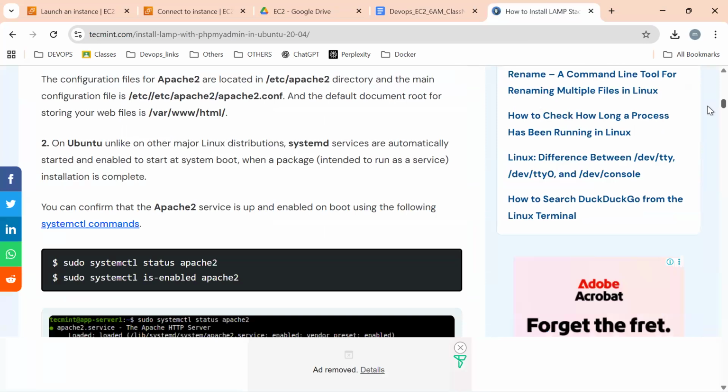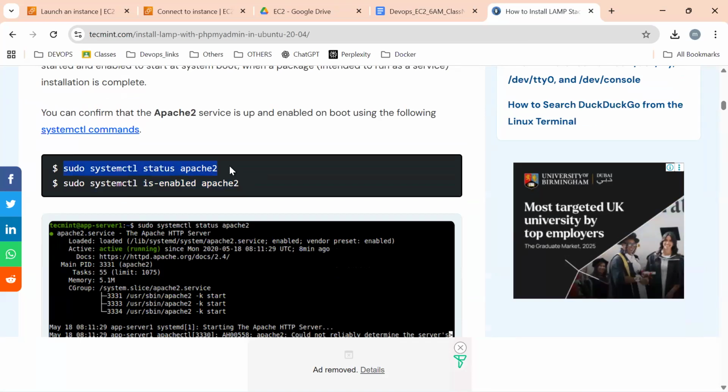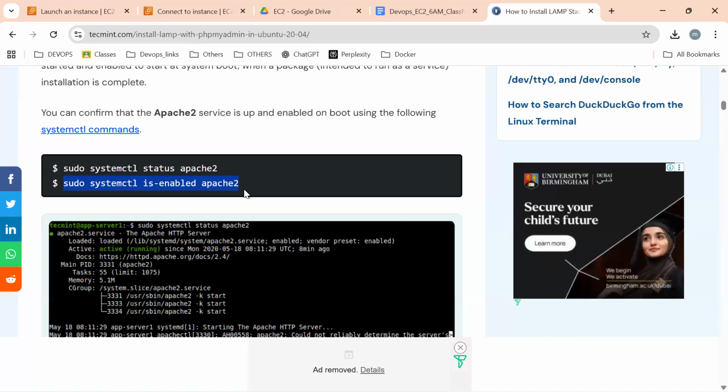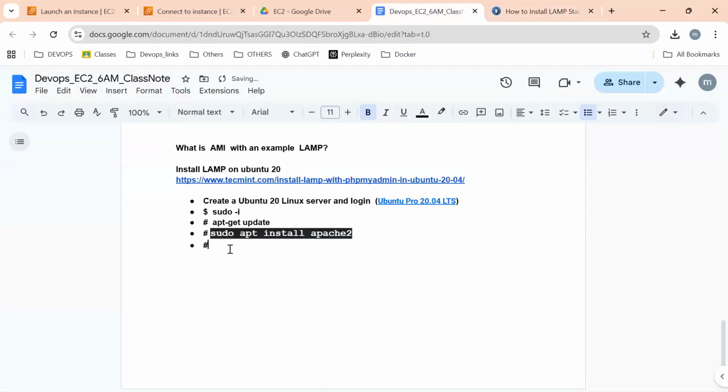Once Apache web server is installed, okay, whether it is working or not, we need to cross check. I don't want to do the cross check because I know very well it is working. So to simplify this, directly it is enabled. Sir, what is the meaning of enable? Whenever you restart, start, or reboot your system, our Apache 2 service will automatically be up and running. It will be ready for our use. No need to manually set up or enable. I got it very clearly. So when your laptop restarts, some services start automatically, some services do not. But I want to start Apache 2 automatically when the server boots. That is the meaning of this command.